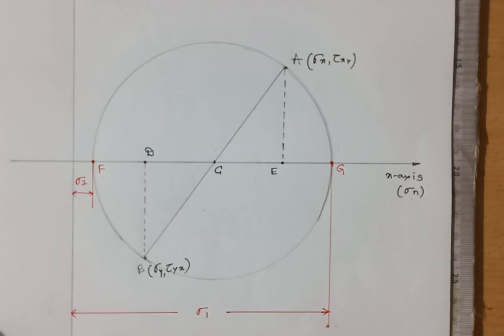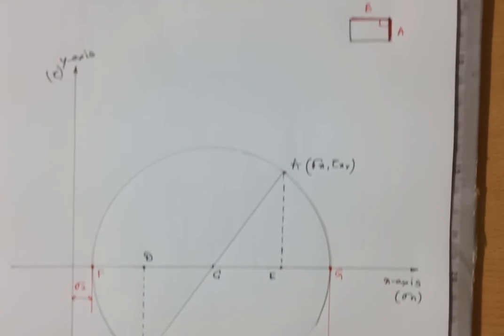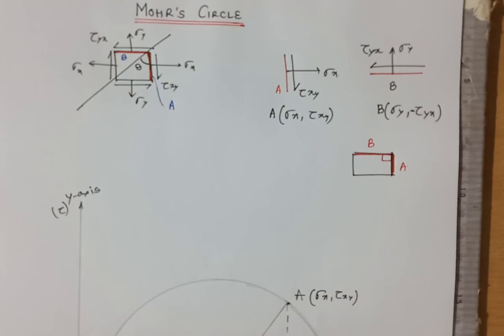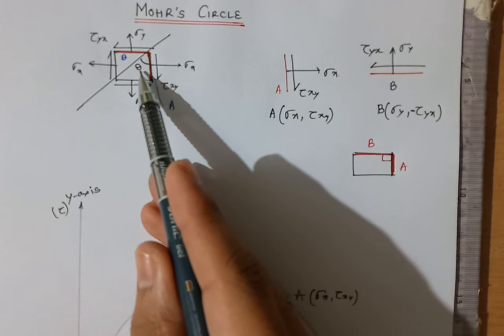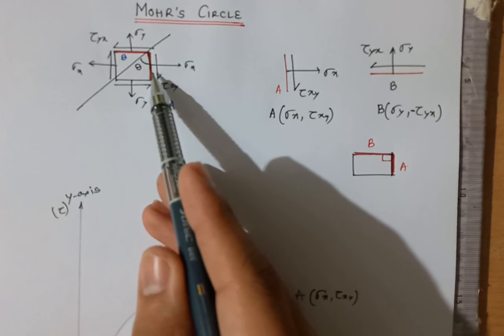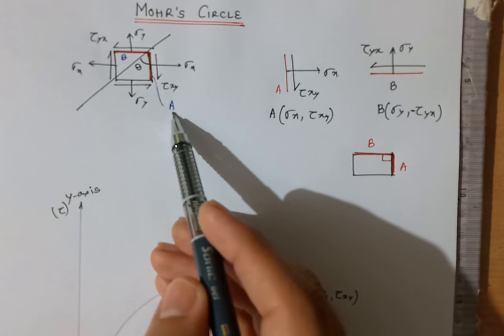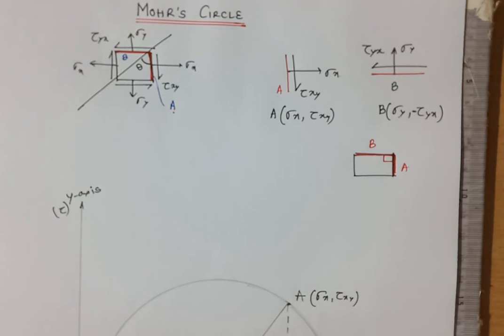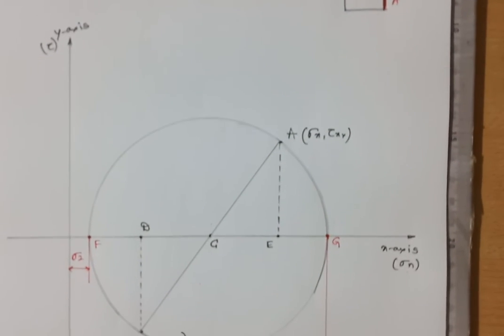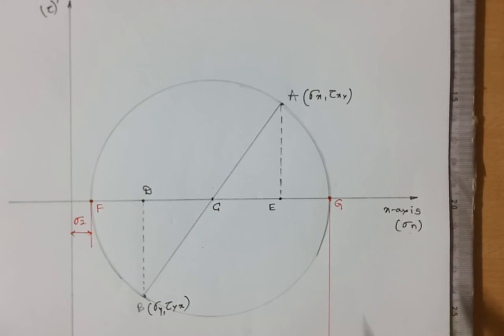That is the reason I am trying to tell you: since the angle is theta with respect to the reference plane, which I have taken as A, that plane I have marked here, right? So this is the reference plane A. With respect to this I need to mark an oblique plane at an angle 2 theta, right? I hope you got to know why I have taken the angle as 2 theta.